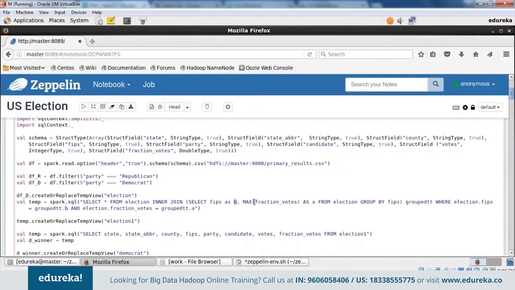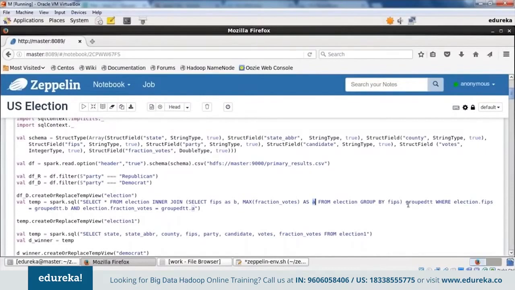So you know that in each FIPS we have the maximum fraction votes, and then we can find the winner by seeing who has got the maximum fraction votes, and we have named it as A. The maximum fraction votes column is named as A, and we are grouping by FIPS. So now each of my FIPS will be selected, which has a maximum fraction vote, and I have two columns for that, FIPS, which is 1001 and 1001. So only the row which has the maximum fraction votes will be selected.